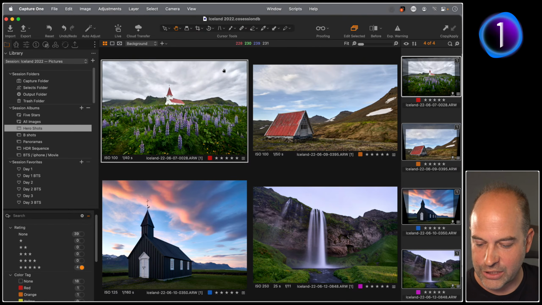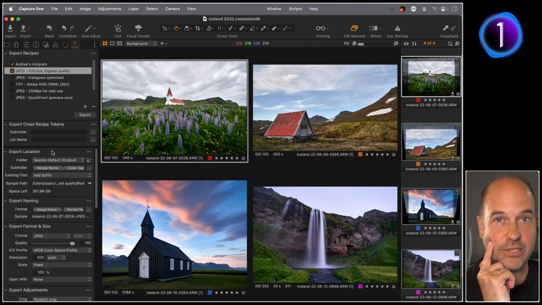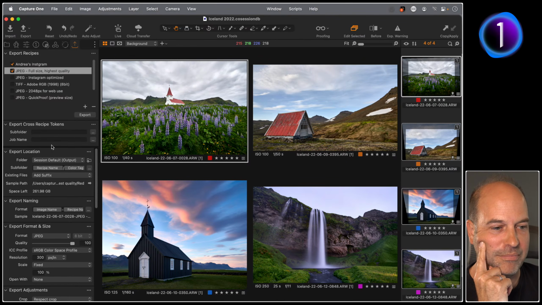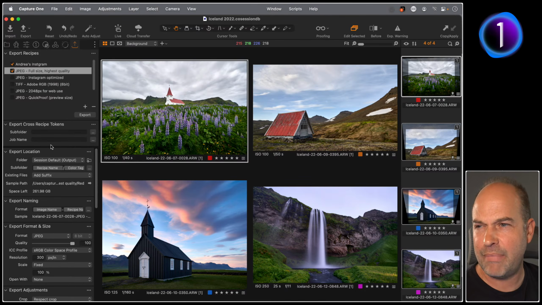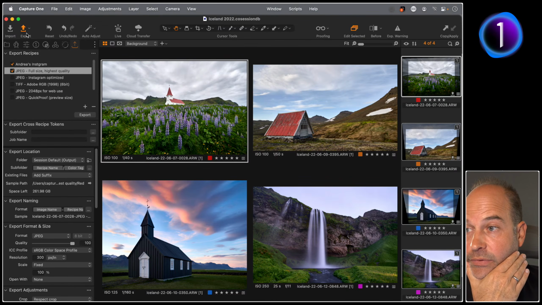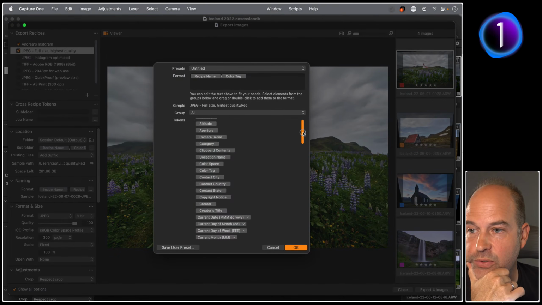Let's check on questions, and then let's talk about this guy, which is the export cross recipe tokens. Bit of a mouthful, but it's easy enough. Okay, let me just check for questions. How do you specify the job identifier if you select that token? That's in the metadata, I believe. Let me just check. So let's just go in here. You're talking about